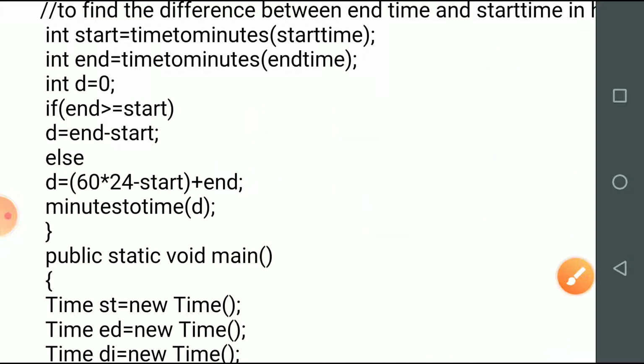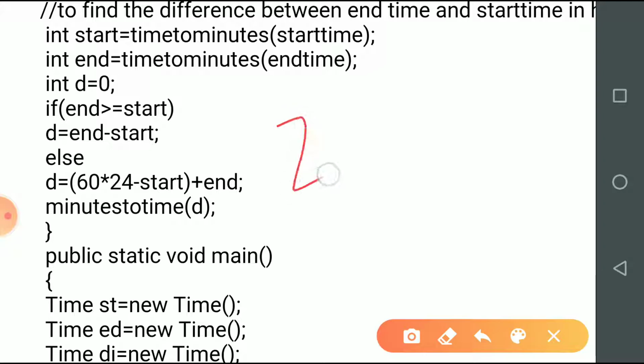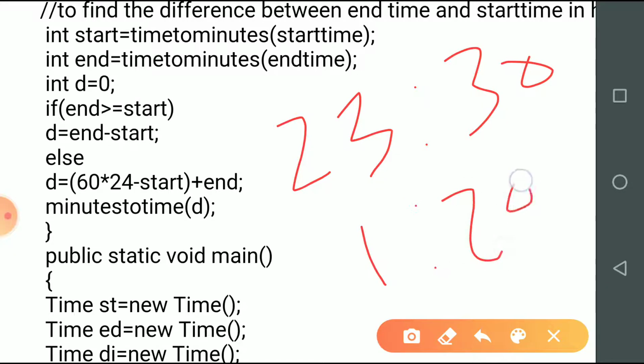The second case, if the user logs in at 23:30 and logged out at 1:20, in that case end time is smaller, so it will go to else part. So first of all this part will calculate how much time before 00 hour.